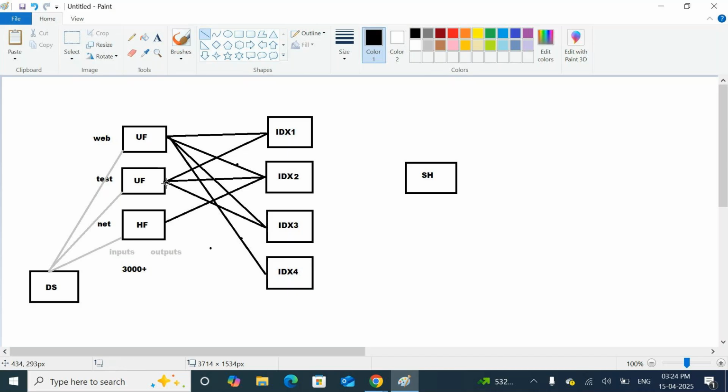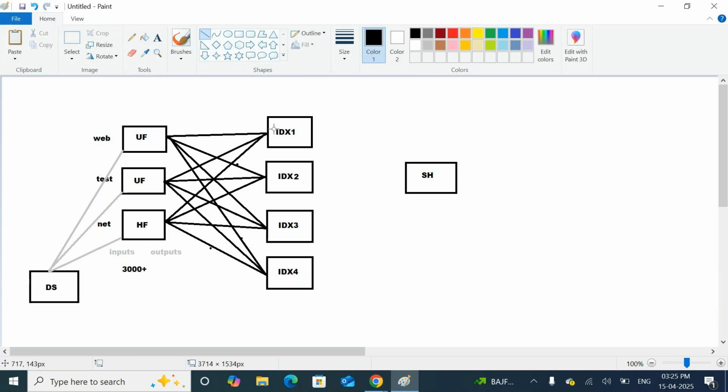Now my question is, if forwarders are pointing to all of the servers, are they sending the data to one indexer completely, and after that indexer is full it goes to the next indexer, like that, or does it need to be sent randomly? I think it will be sent to all of the indexers, sir. If one indexer is going to store it, what will happen in that scenario?